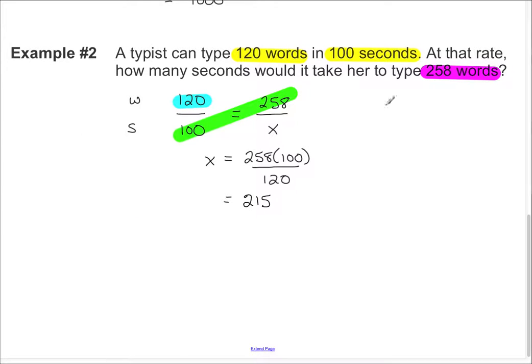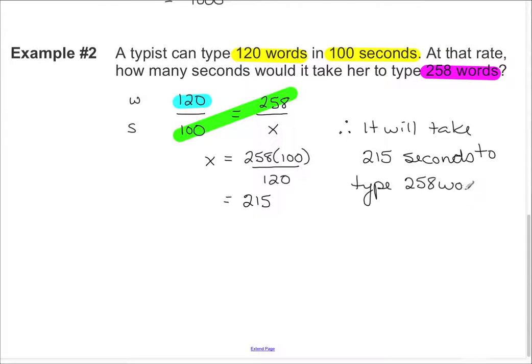So we need to put our therefore statement. So therefore, it will take 215 seconds to type